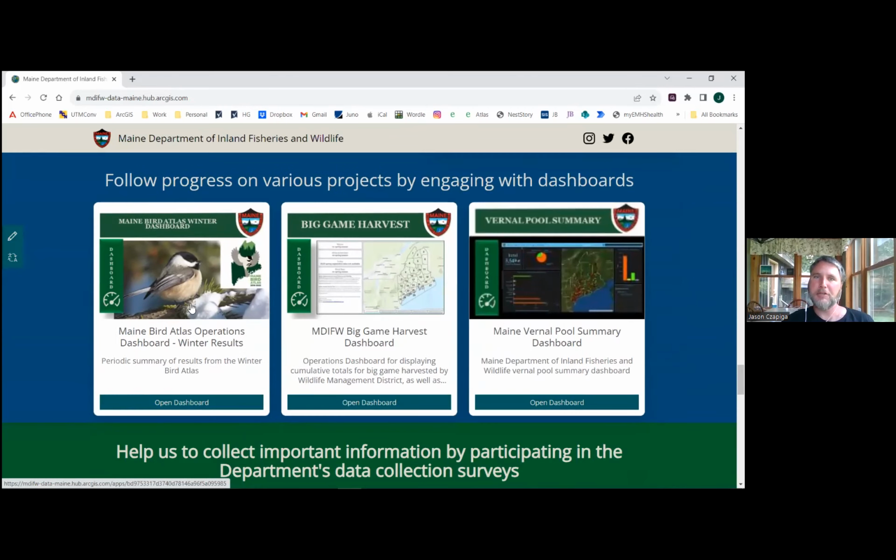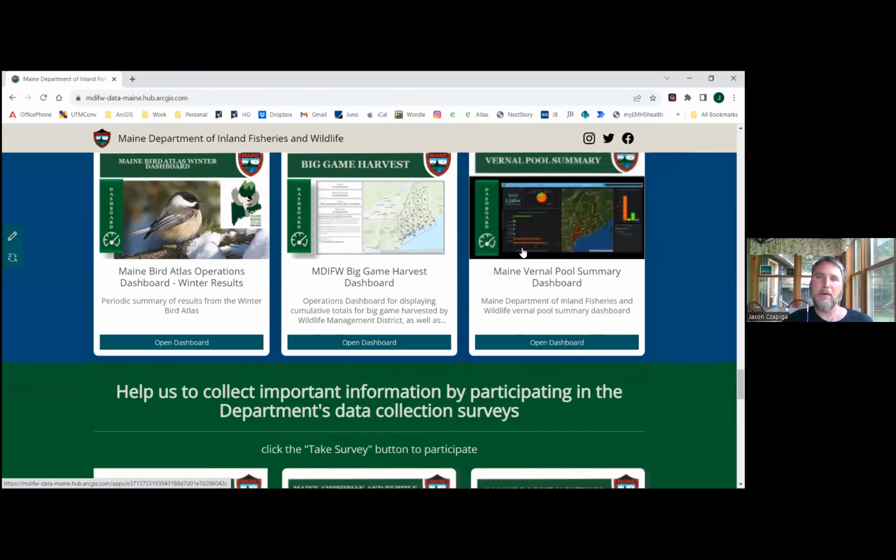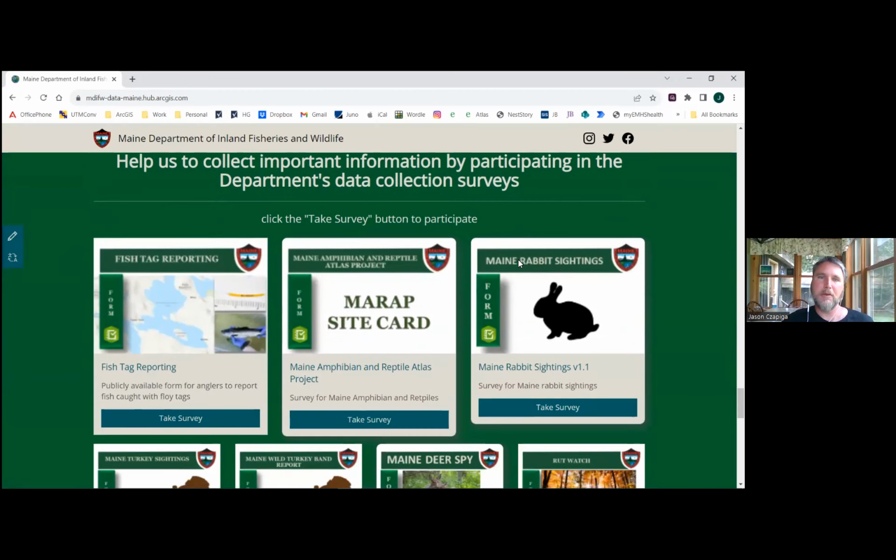Then there's a bunch of dashboards we have that pull up data that we've been working on for different projects, between the bird atlas, our harvest data from every hunting season is in a dashboard for the public, and the media. The media uses this quite a bit for reporting during hunting season. And then our vernal pool data from all those submittals.